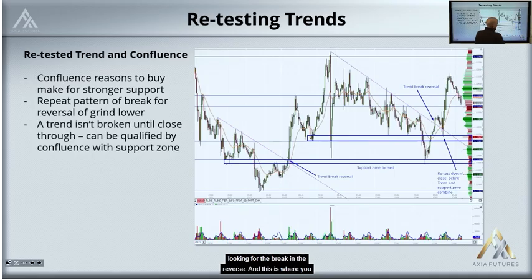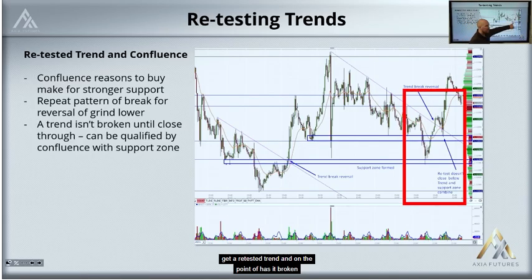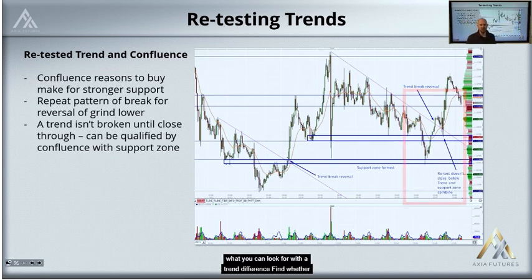So you're looking for the break and the reverse. And this is where you get a retested trend, and on the point of has it broken? What you can look for with a trend to define whether it's broken or not, and this is different with a level, because with a level, defining whether it's broken is difficult in that you have to sort of say, right, well, once it's through the level, you've got to apply some reasoning to say it has or it hasn't broken. And like we talked about previously, this is going to depend on time frame,